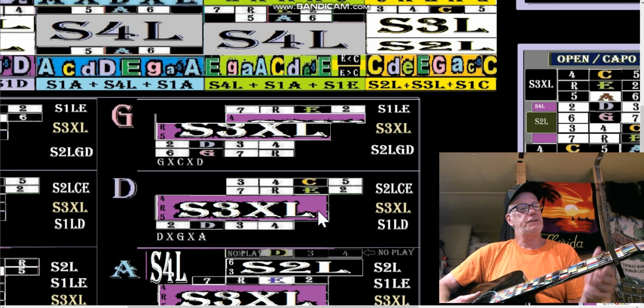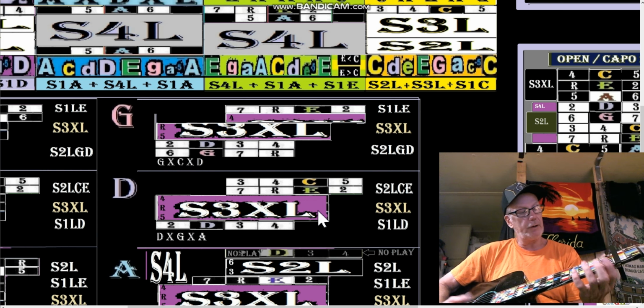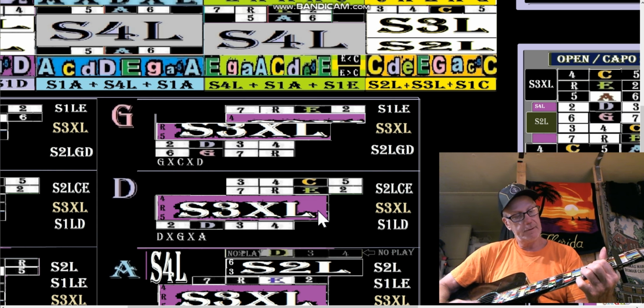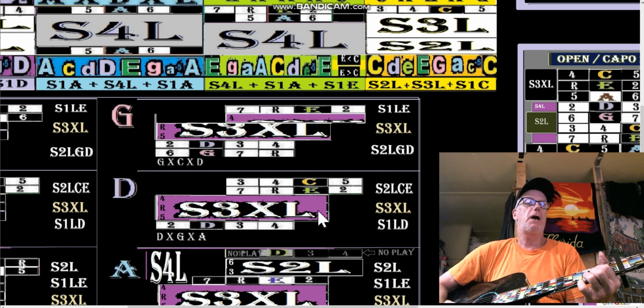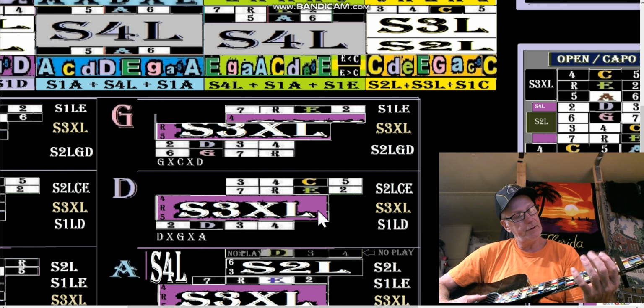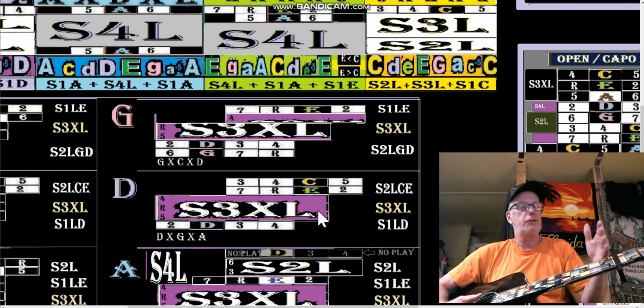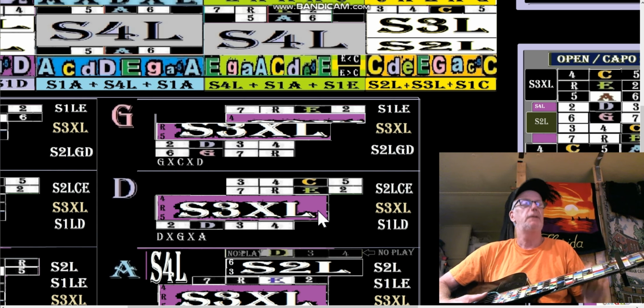Okay, so in the D box, we get our D chords there. So that's a D shaped. What would the minor chord be in that D shape? The minor chord's going to be a C minor shaped chord, a C minor shaped D minor. Okay, so that's going to be difficult because we have the capo there. But